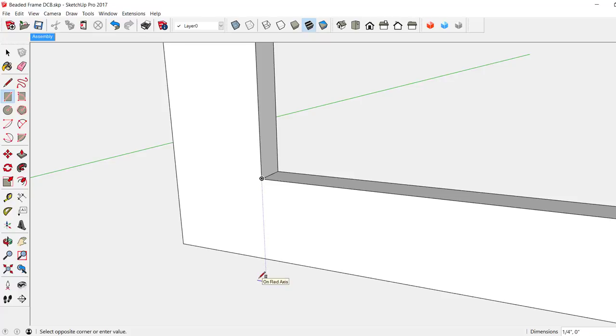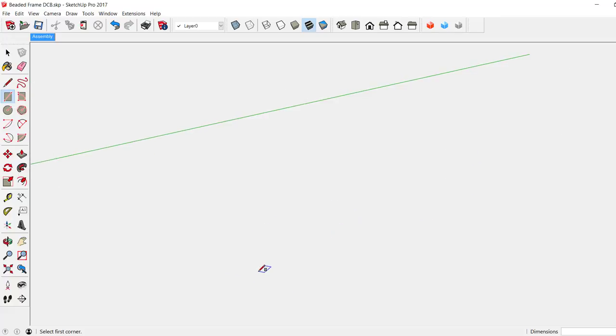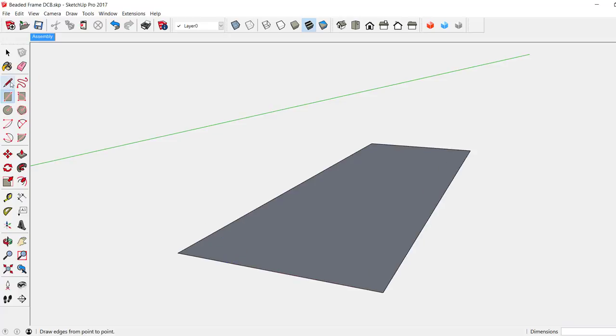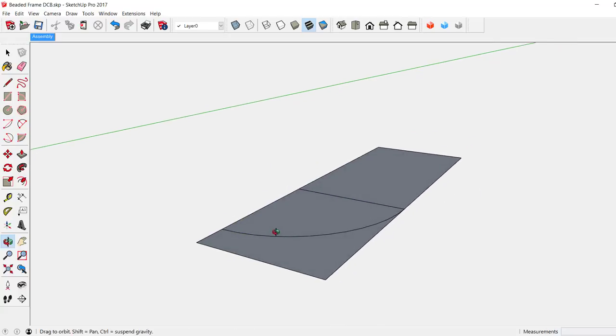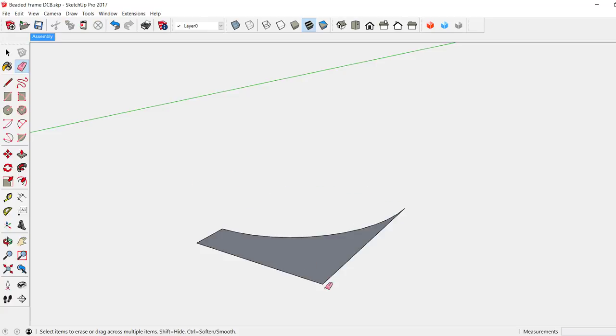And just like Dave Richards showed in his last post on this Design Click Build site, titled Routing Edge Profiles, I'm doing a similar procedure here and creating a cutter that will make that bead across several components, but they're not components yet. We'll do that later in the process. So now I'm making the cutter for the bead, and I can draw the 1/4 inch arc here so that it's a thumbnail style bead, and I don't need this back portion here, and I don't need that part of it. So here's the cutter,